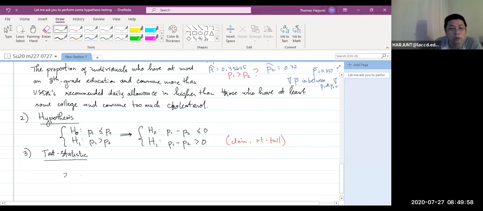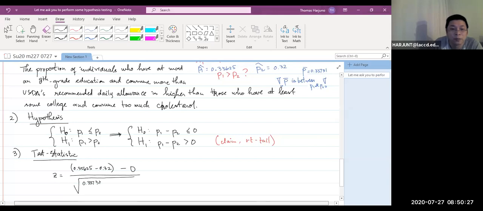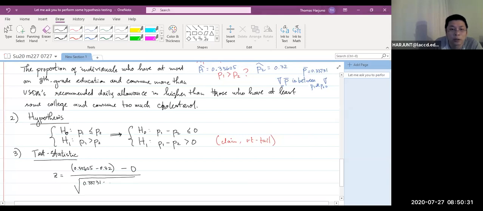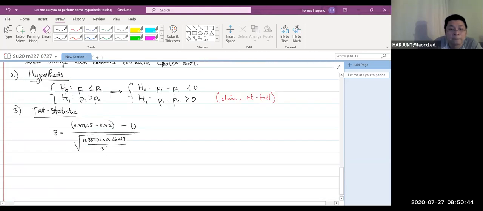It will be z equals p1 hat, 0.35625, minus p2 hat, 0.32, minus the difference of proportions in the null hypothesis, which is 0, over the square root of p bar, 0.33731, times 0.66269 over 320, plus 0.33731 times